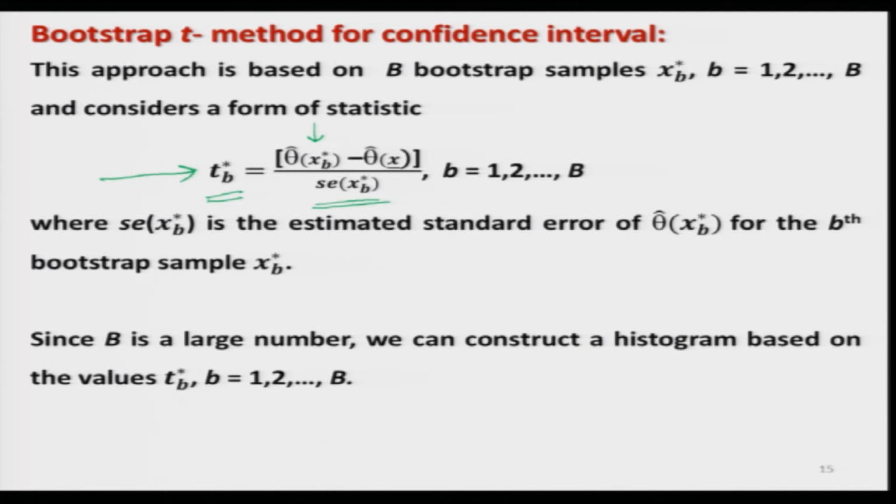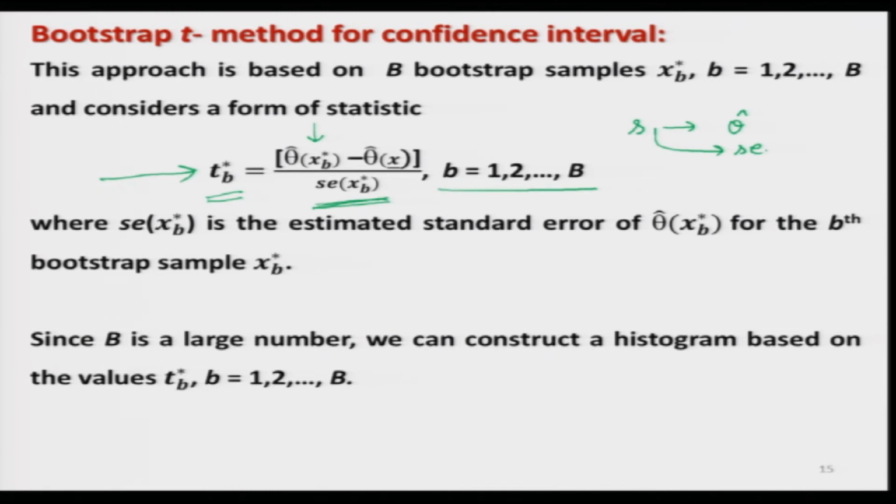So, suppose I take the sample number 1, I try to obtain here theta hat based on the bootstrap, and then based on this sample S1 itself I try to find out the standard error, because you will have a sample of size small n. From that you can compute simply the variance and then take its positive square root. So, that will give you the value of the estimator as well as the value of the standard error for each and every bootstrap sample,